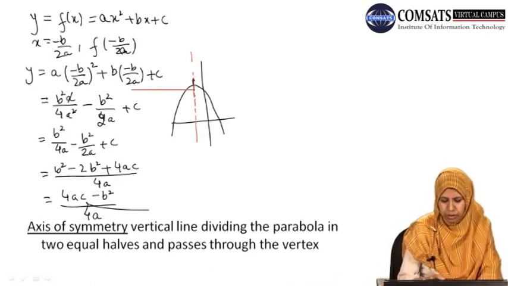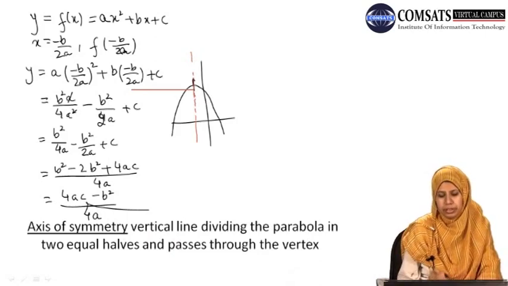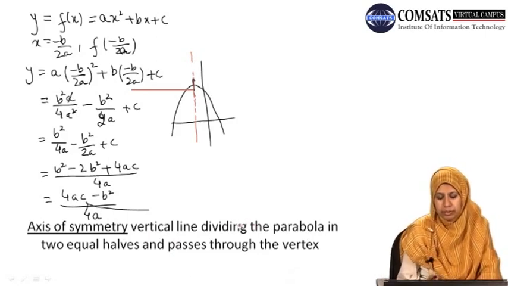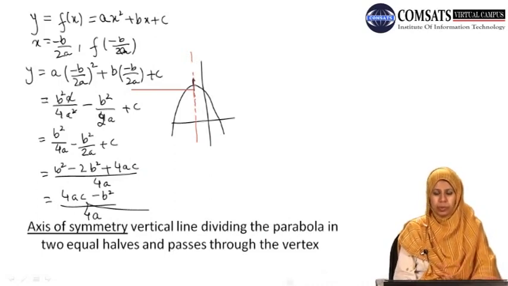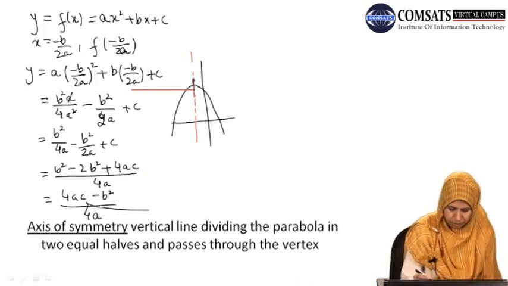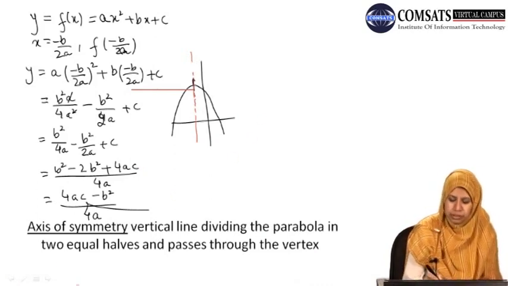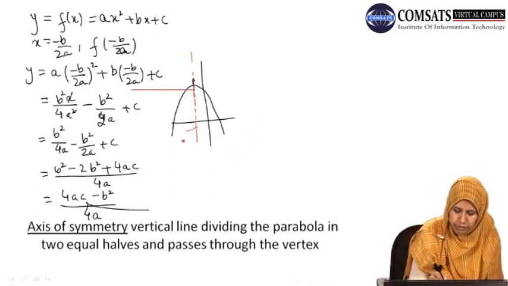Then we obtain our axis of symmetry, that is the vertical line passing through the vertex. This axis of symmetry basically divides our parabola into two equal halves, like mirror images of each other, and the axis of symmetry passes through the vertex. So in this case, this vertical line is the axis of